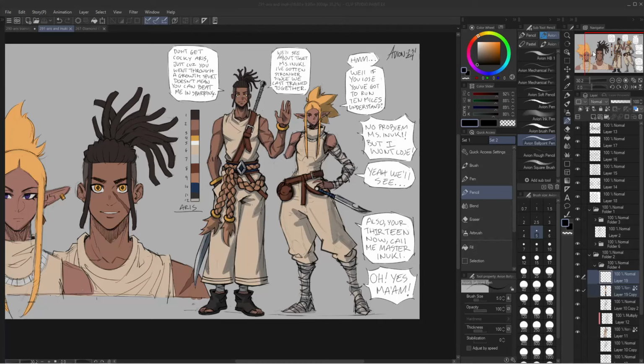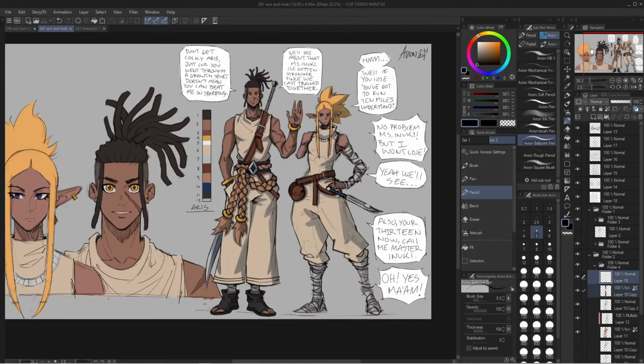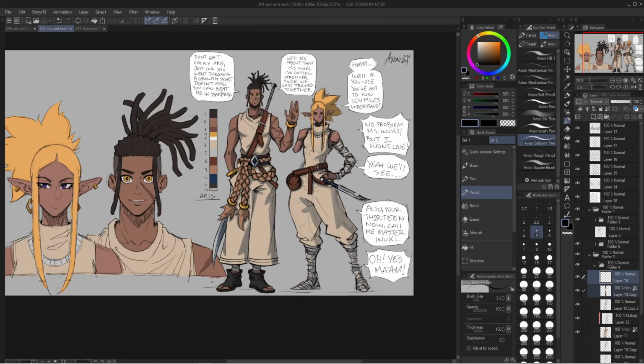Today I want to show you how to take your characters that you have drawn, your original characters, and put them in a scene, an illustration with a background where these characters are interacting with the environment and the things around them. And so here I kind of just redesigned my character Eris,